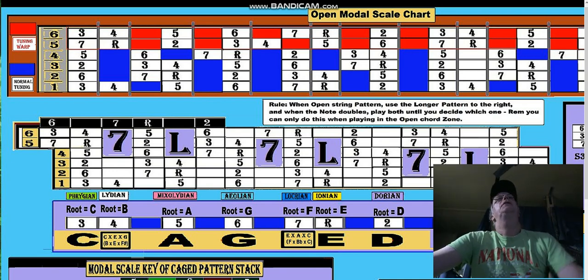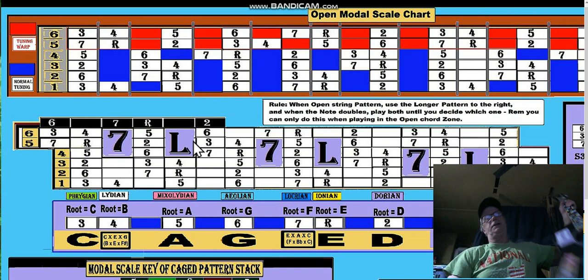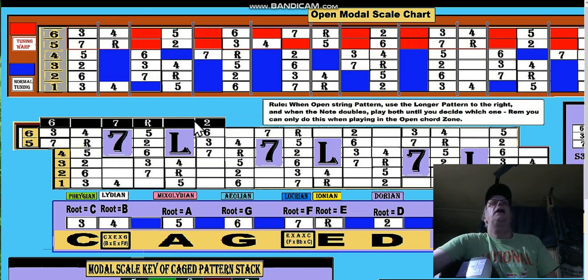Alright, so I've got these patterns here, these charts here, sorry. So that's enough with the tuning. But the one thing I needed to, the point that I needed to make, and I guess I honed right back in on that point, is that when we hit that warp, okay, so let's say in the unwarped here,